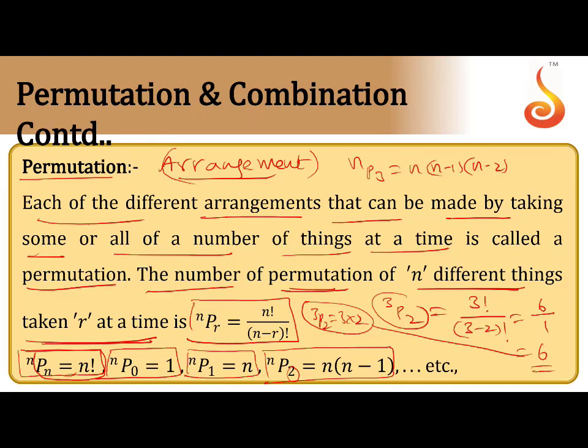First you have to remember how to apply the formula. The number of permutations of n different things taken r at a time is nPr equal to n factorial by n minus r factorial. Next, the number of permutations of n different things taken all, that means n, at a time is n factorial. Suppose there are 5 boys. How many ways can you arrange them in a row? That is nothing but 5P5. That is 5 factorial. You can write it directly. So there is an example for this. Let us understand the definition properly.